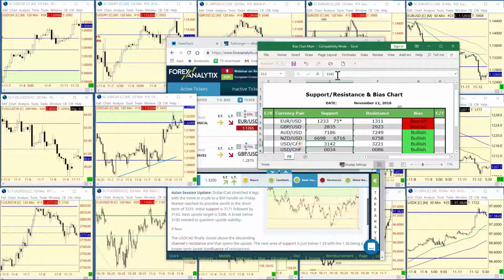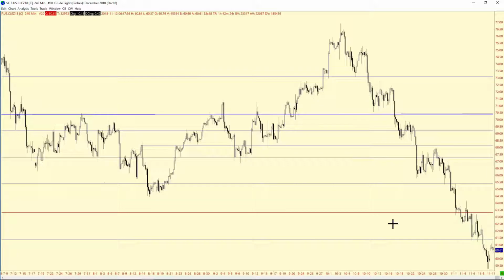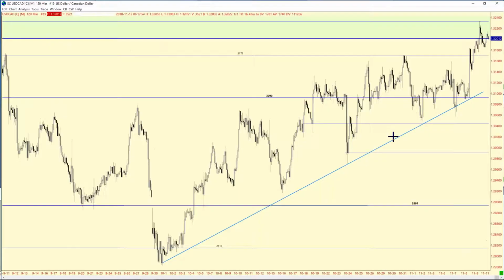Let's move this a pip higher. Certainly the moves in the dollar CAD were a direct result of what we've seen here in the crude oil market, which has come down from almost close to 80 to now, on Friday, a $50 handle. That's been quite the fall in crude oil. Certainly that helped aid and abet the move in the dollar CAD to these upper levels, and also the dollar strength,